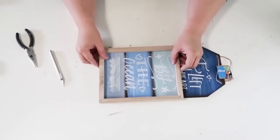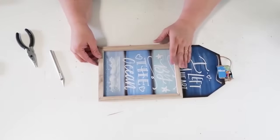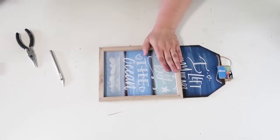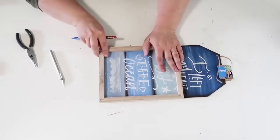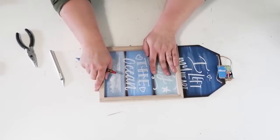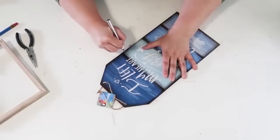So you can see there that I removed the canvas fabric. I always like to keep the canvas fabric, but I pull off the sides just because those are bent and stapled. So I always just put that to the side to keep it, and then the scraps I throw them away. And now I'm going to take that frame, the wood frame, and I'm going to make my mark line,